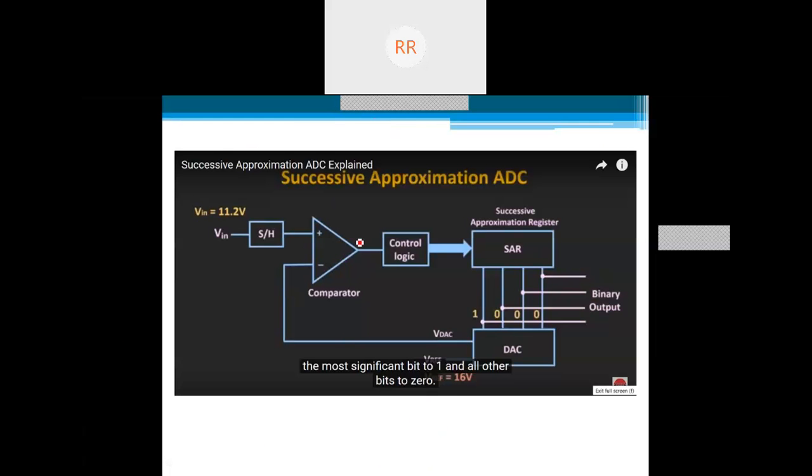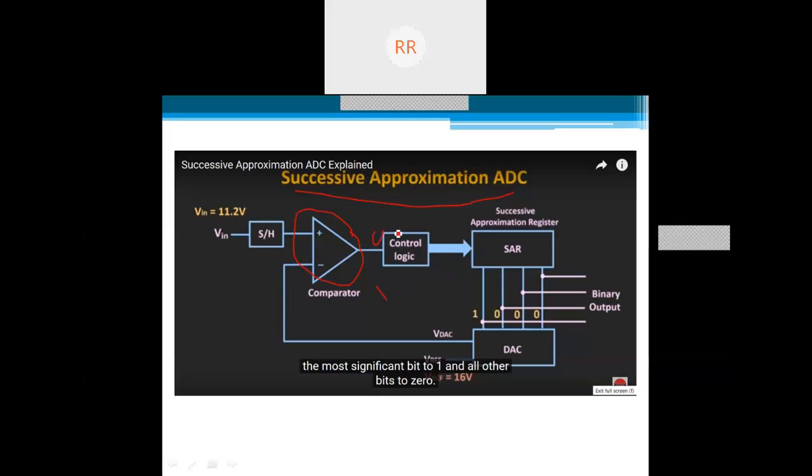The comparator is an important block for the different main blocks. In the successive approximation A to D converter, we'll be using the comparator for comparing two input voltages, the reference voltage and the input voltage. Based on these values, the comparator output to the control logic is going to return either 0 or 1.